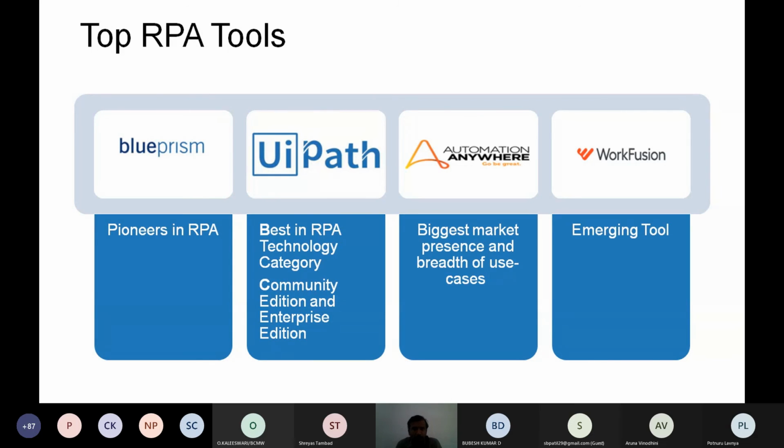There are a number of things we check before selecting the tool: the budget constraints, the expertise, because if I'm having an expertise who's good with UiPath, then there is no point in selecting Blue Prism. So even if there are other constraints too, we'll see them one by one in the coming classes. So these are some of the top rated RPA tools available. And again, I'll emphasize the point that we are going to deal with UiPath.